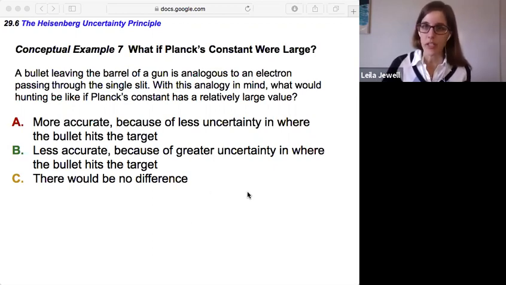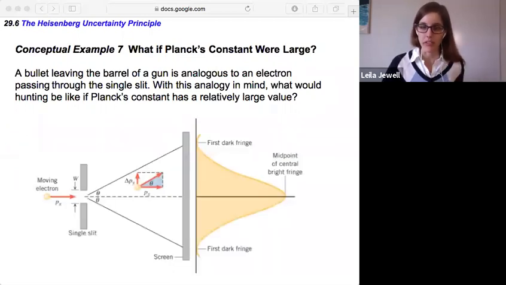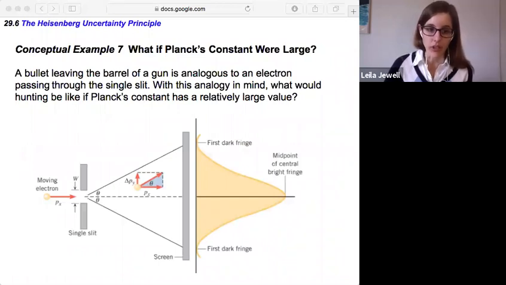The uncertainty must always be greater than Planck's constant, right? We have delta p times delta y is greater than or equal to Planck's constant. So if Planck's constant becomes bigger, that means our uncertainty becomes bigger too, which in the horizontal direction perhaps isn't such a big deal. But if we think about the vertical direction,